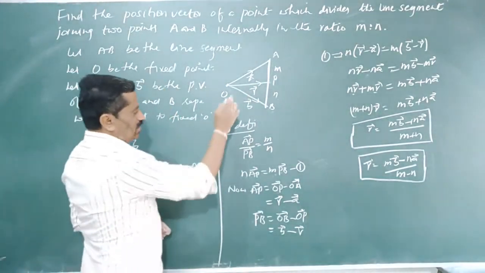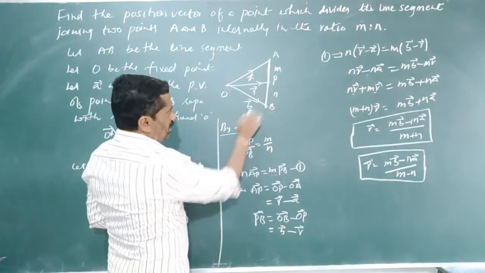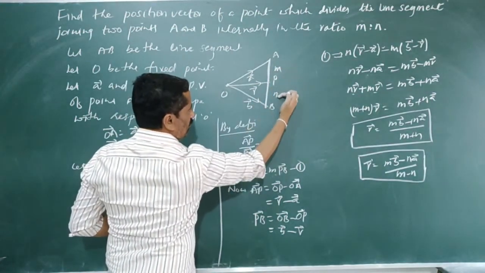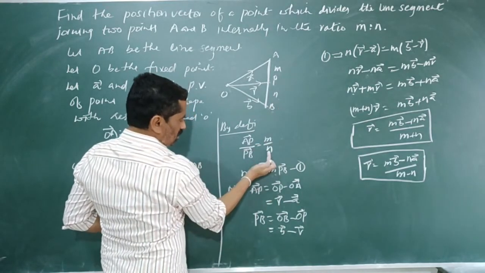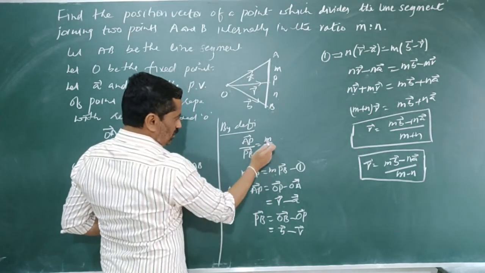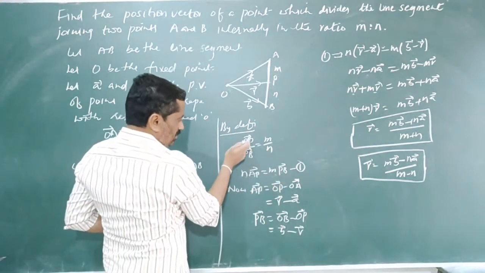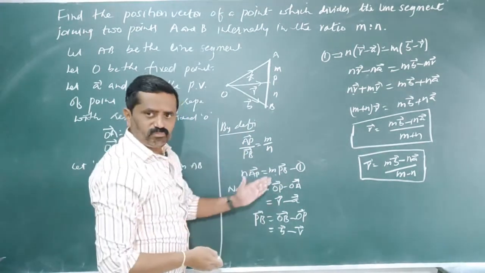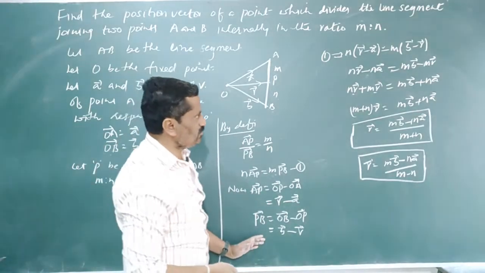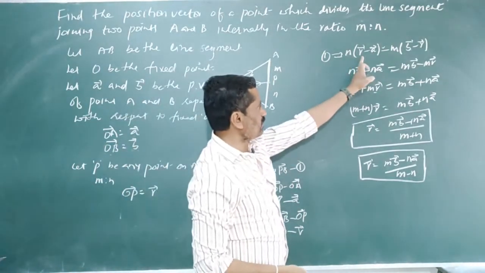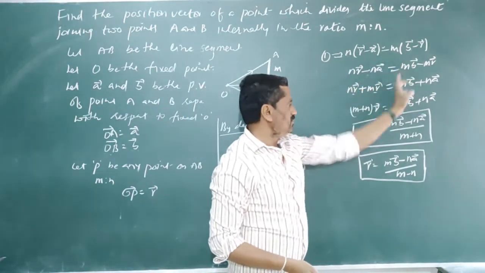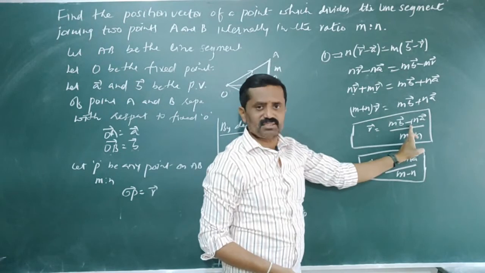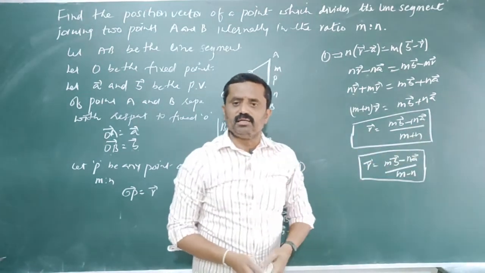So by definition we have AP bar divided by PB bar is equal to m by n. Now cross multiplication, that is n into AP bar is equal to m into PB bar. Express AP bar and PB bar in terms of their position vectors. Now simplification, substituting the values of AP bar and PB bar. Simplifying, r bar is equal to (m into B bar plus n into A bar) divided by (m plus